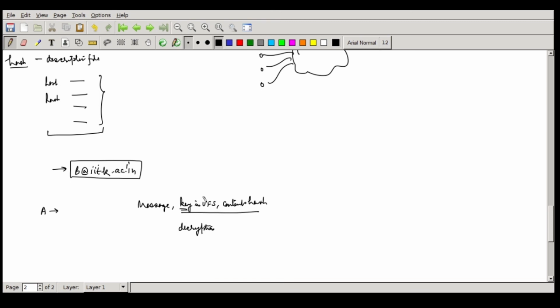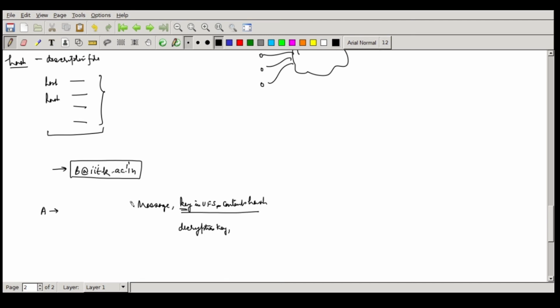In fact, I should re-explain it. Key in the UFS here actually means the key by which you do the search, which is the content hash. This is for an unencrypted system. If there is an encryption which has been done, so there is a decryption key, which, if it is a symmetric key, the same key has to be put here. So you can have multiple attachments, and for each one of them you are going to prepare this.